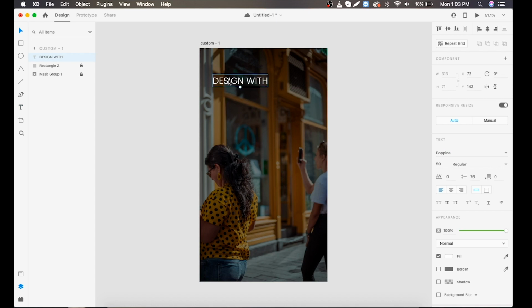Again select the text tool and write like this. Select move tool and align it to the existing text.